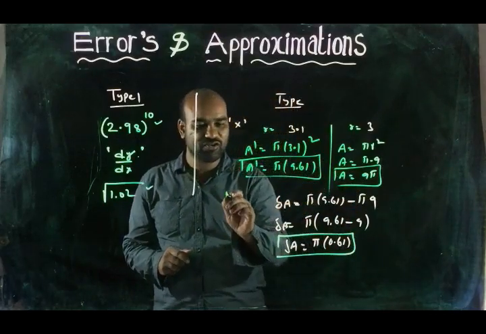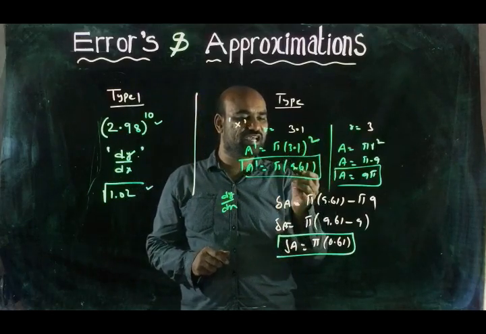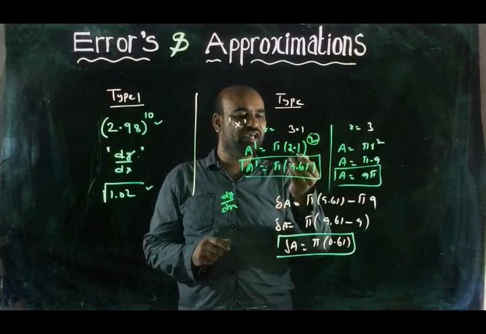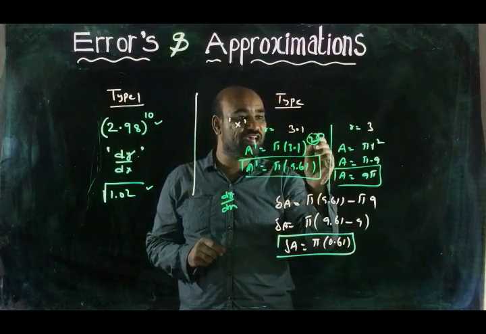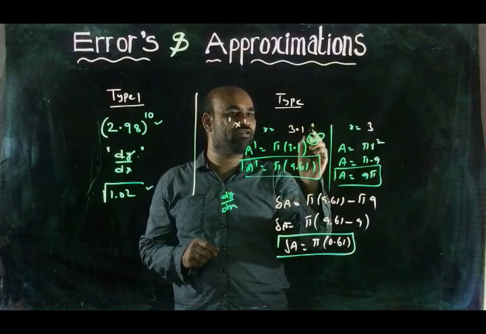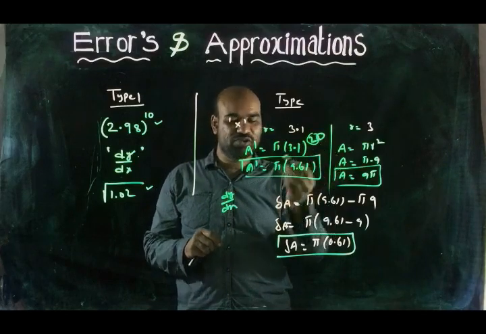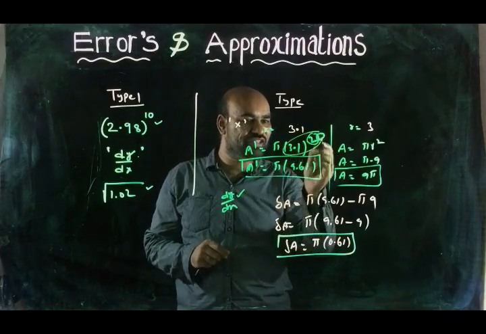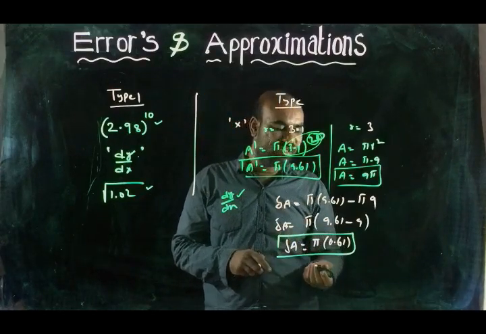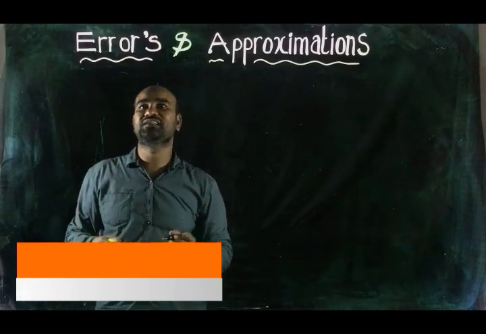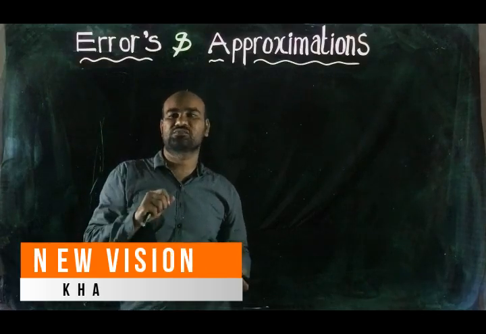But what is the use of dy by dx here? If 3.1 whole power 2 means 9.61, the exponent is 2. Directly you can multiply 3.1 two times, then you will get 9.61. If the exponent is given as 20, pi into 3.1 power 20, such a problem arises. So simplification becomes difficult. By using the differentiation concept only, you can simplify this and find its value. After that, you can find what is the error in area. Okay, students, just now I explained what type of problems we will deal with in this chapter, errors and approximations.